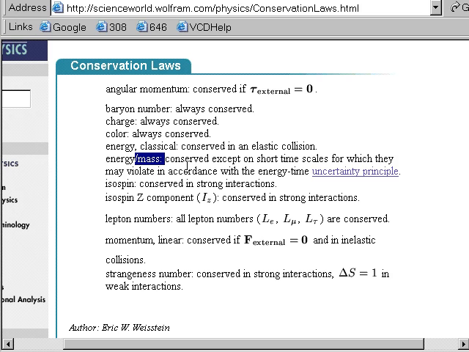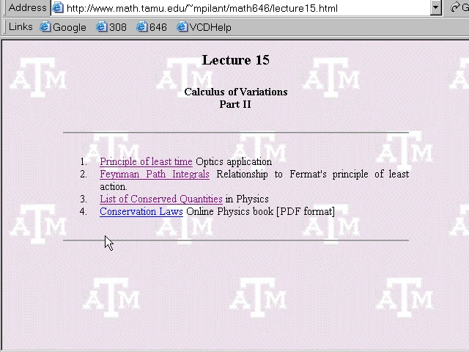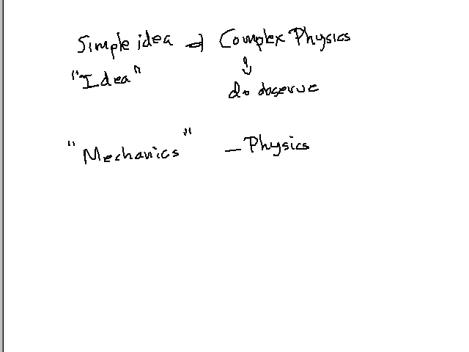Conservation of mass, conservation of momentum. Strangeness number, lepton number, isospin, don't worry about those. Those are all, again, quantum mechanics and theoretical. The ones we're interested in are angular momentum, energy, mass, and linear momentum. Those 5 principles actually will lead to pretty much all of classical physics and mechanics. Now I should mention that